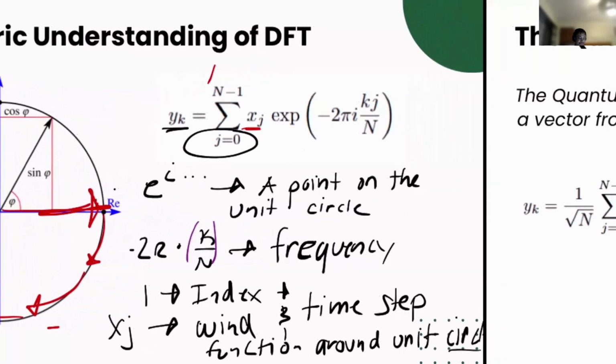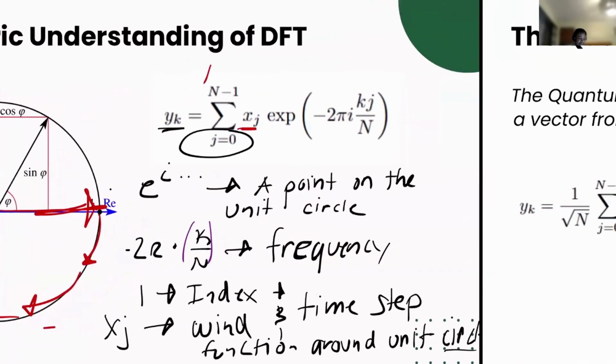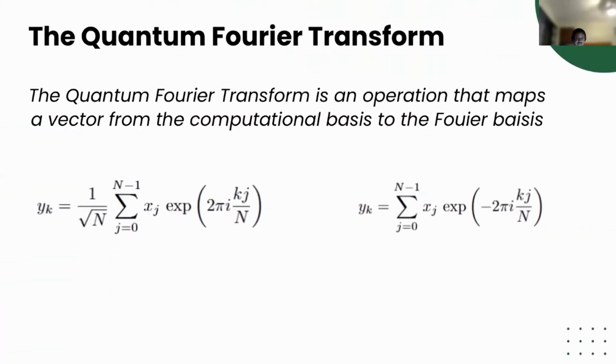Okay. So, sorry, for the interest of time, let's keep going. So that was the discrete Fourier transform. Now we can look at the quantum Fourier transform. And so here is the quantum, and this is our discrete Fourier transform. You can see some of the similarities, but what's more interesting is to point out the differences.